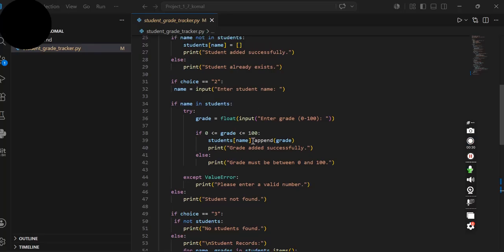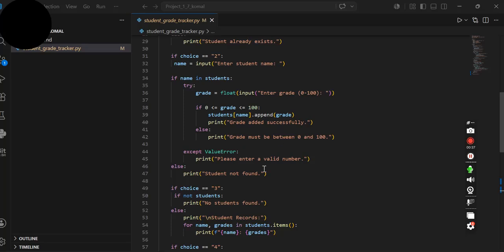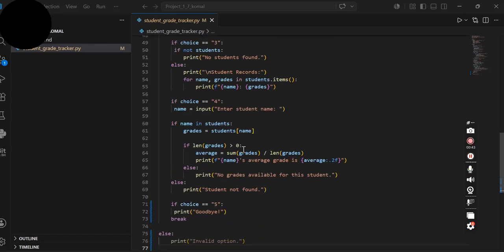First, I'll add a student. I select option 1 and enter a student name. Then the program stores that student in a dictionary. Next, I'll add grades by selecting option 2. And after entering the student name, I can add the grade, and I repeat this process for multiple grades and